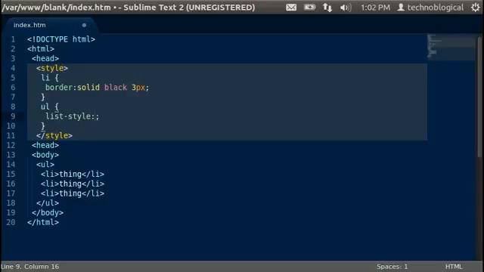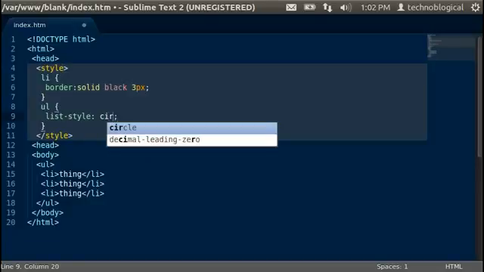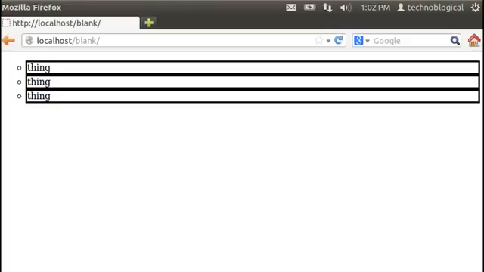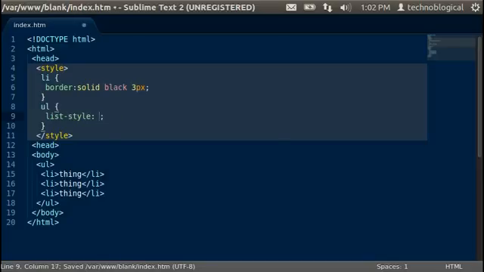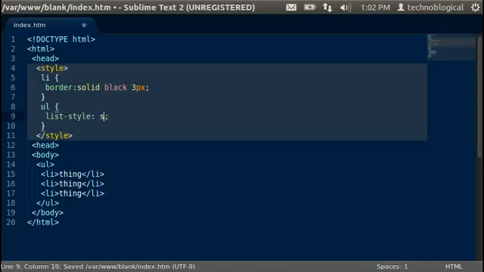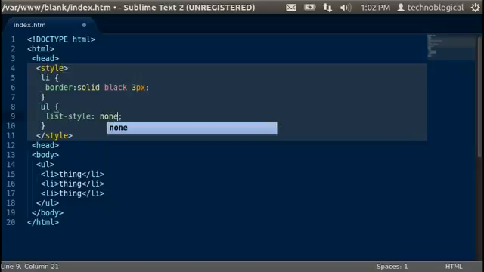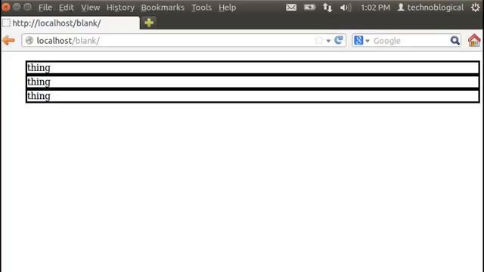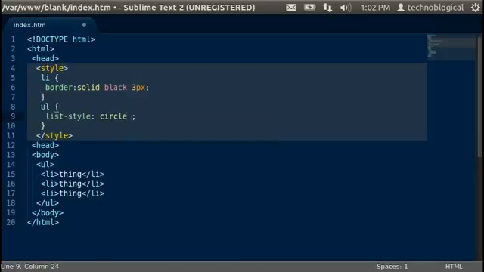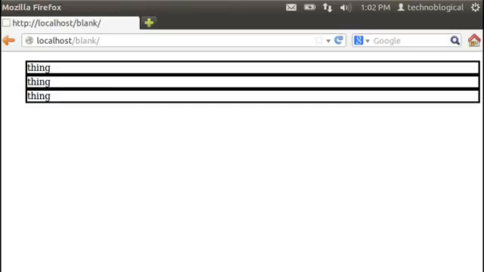And since we have the unordered list, we can actually specify what we want to see. Say circle, save it, refresh. We can do a disk, do a square, refresh, or none, and refresh. So let's go back to circle, and there's also list style position of inside, which means that it